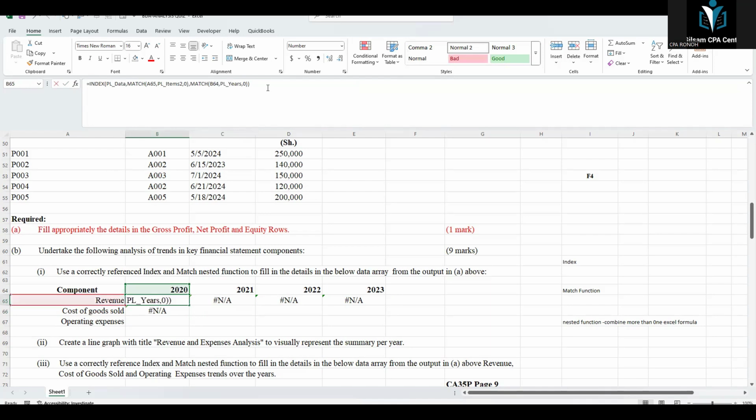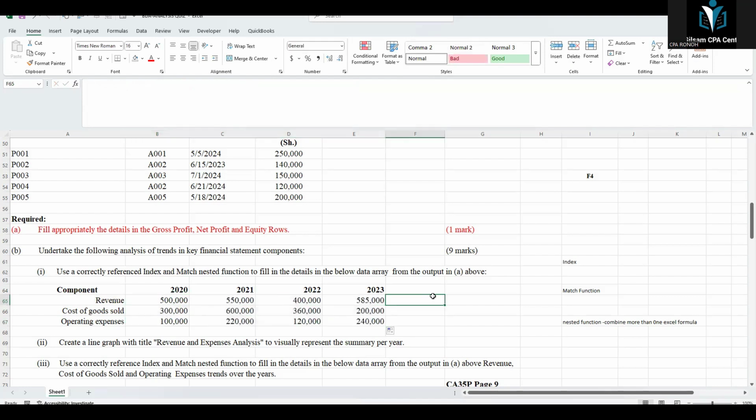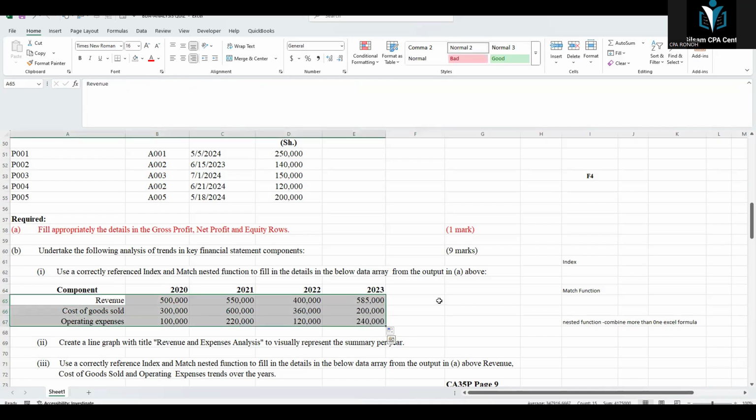So you will come here and pick this, say F4. Make sure it is starting with the dollar sign. When you come to this, make sure it is in the middle. That way, enter. So if I drag my formula, it will pick, okay? If I drag downward, it will pick. So that's very easy. That's very easy. So what I wanted to do now, guys, is to